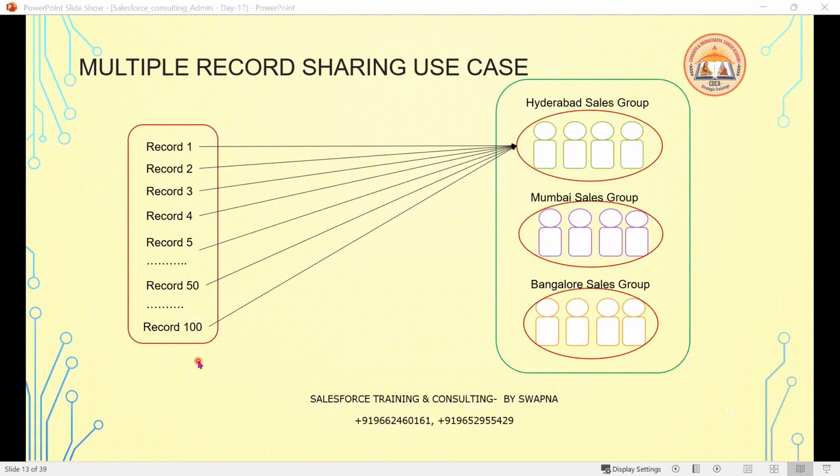Whatever I did since morning till now, I'm doing the same thing. So instead of doing this manual process, there are multiple ways to share a record to a group. One way: let's assume that leads are created here. Assume that we are getting leads. Whenever the leads are generated,